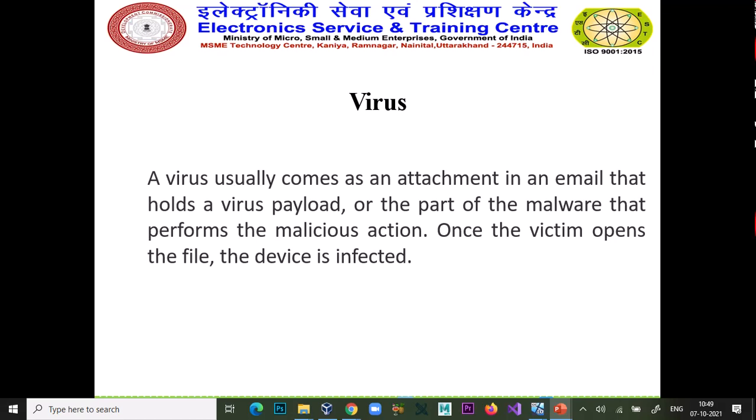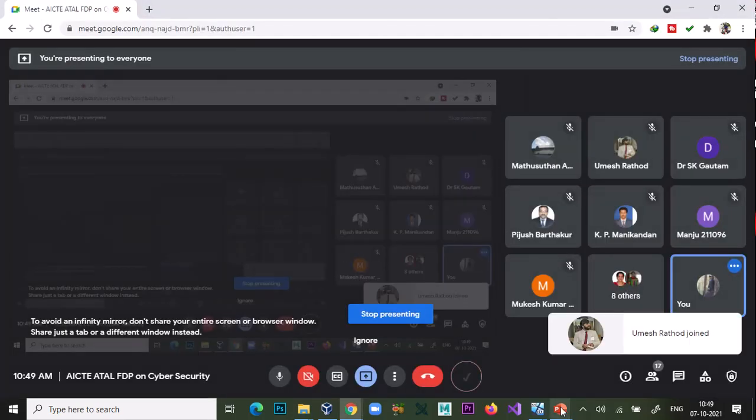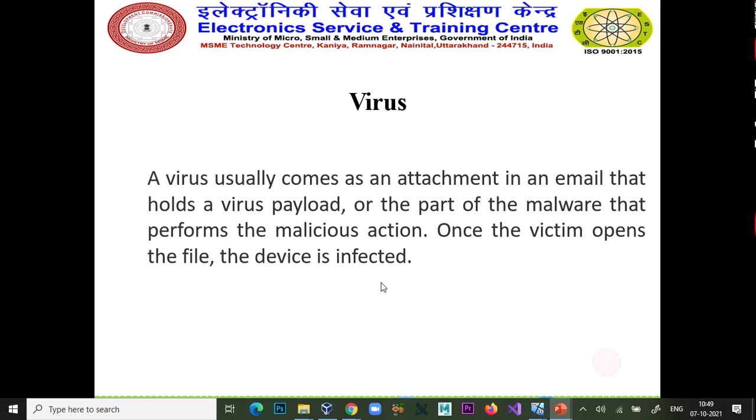Virus. So what is a virus? A virus usually comes as an attachment in an email that holds a virus payload, the part of the malware that performs the malicious action.